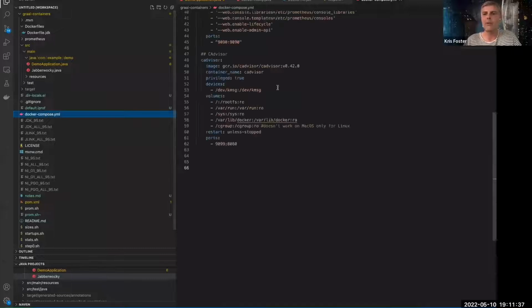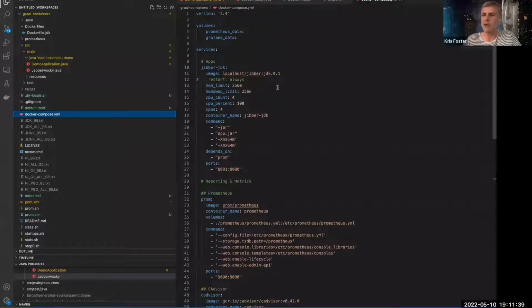So what I've done is I've got a Docker compose file. For those of you who haven't used it, it's just an easy way to spin up lots of containers. And as I go through this lab, I'm going to package the app in a different container each time, but I want to keep the old container running. So